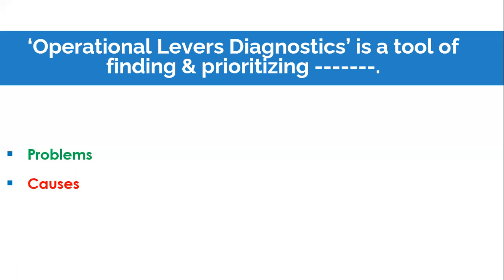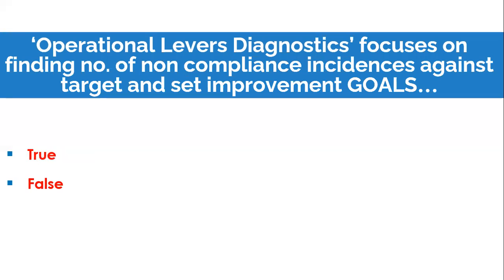It's a tool to find out problems and of course prioritize them so that based on the priority we can deploy those projects immediately or maybe in the coming future. So that's about operational levers diagnostics. Next question. Operational levers diagnostics focuses on finding the number of non-compliance incidences against target and set improvement goals. True or false? And the answer is